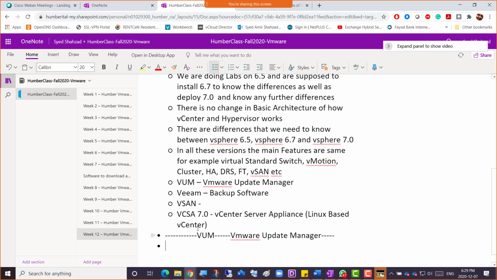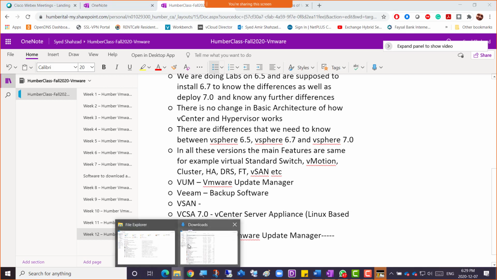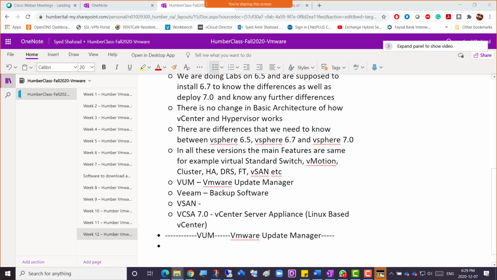So what we're going to do is install VUM. For that, I'm going to open this slide and go for the prereqs, because the prereqs are very important. I don't know how I'm saying that.